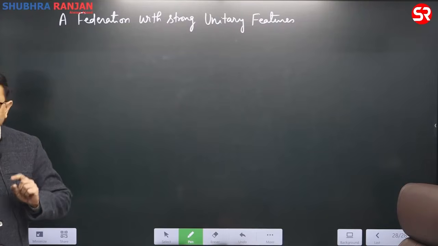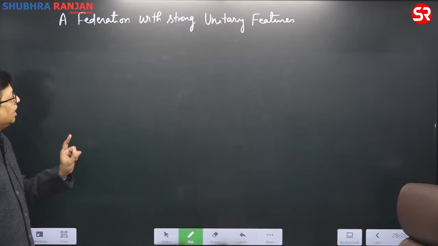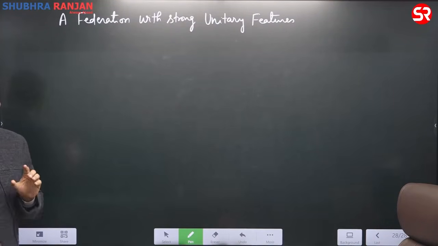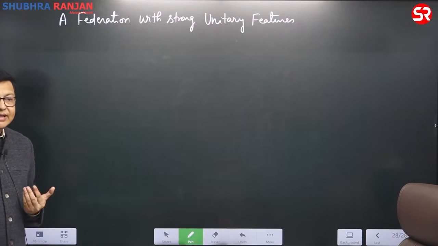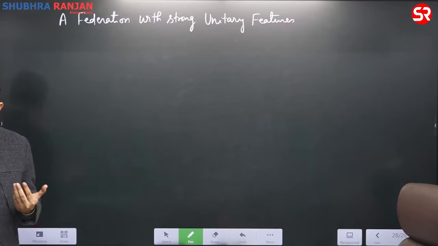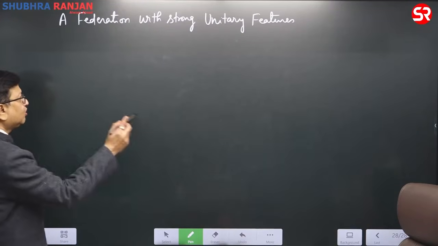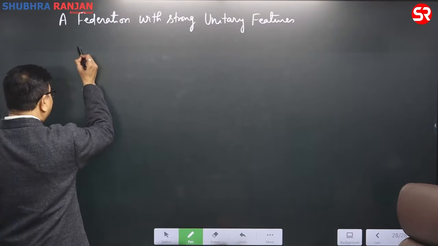That has to be focused on. First of all, when we talk about India, there are different nomenclatures which have been given to India. First of all, if we talk about India, the drafting committee